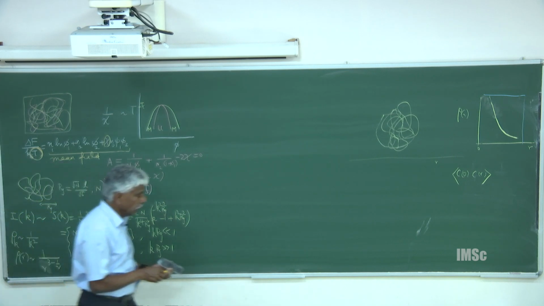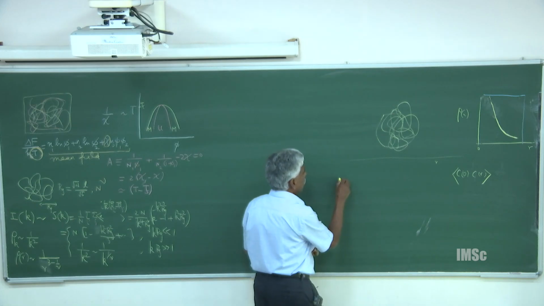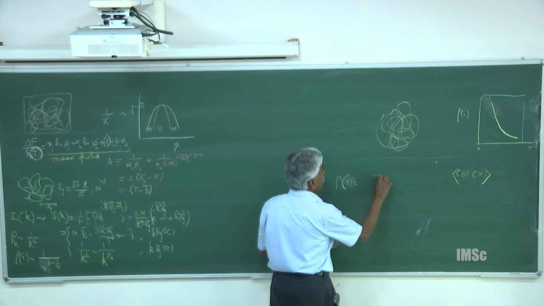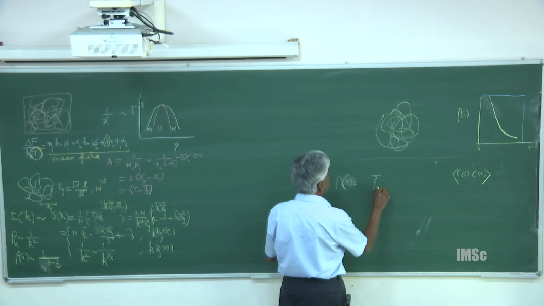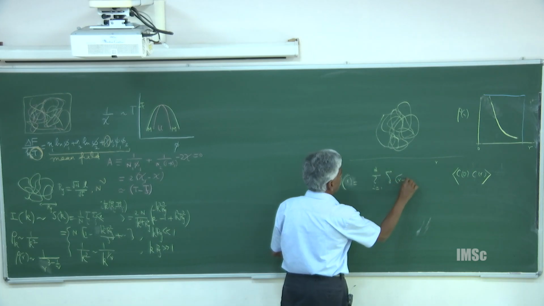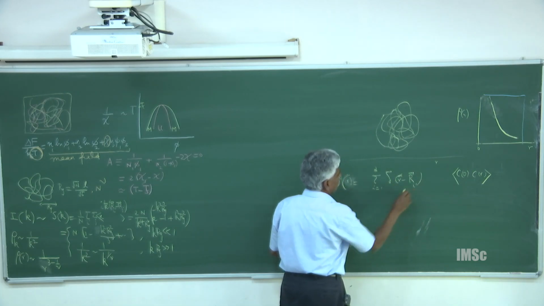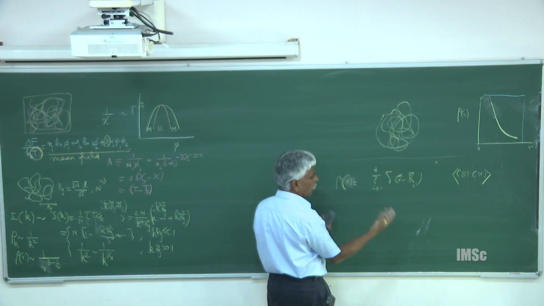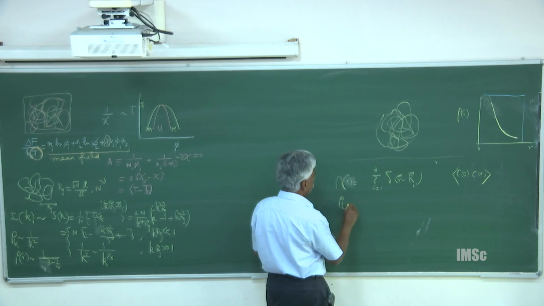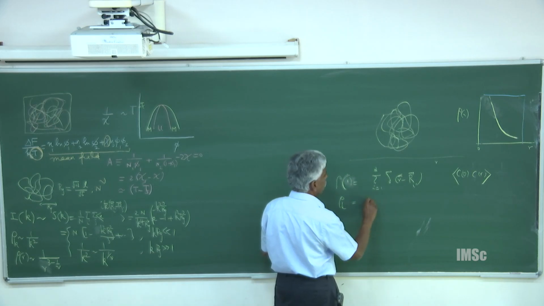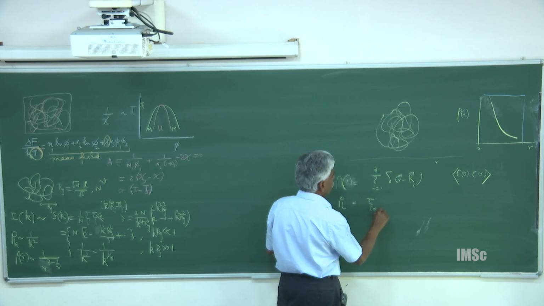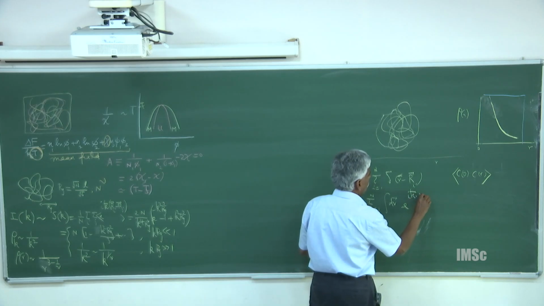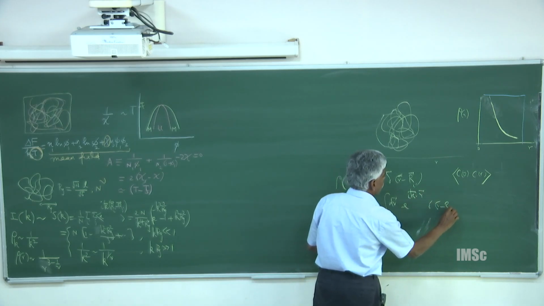Right, the density, I write it and erase it. Let me write rho of r. Rho of r is equal to summation over i, in this particular case 1 to n, of delta of r minus ri. If a monomer is at the location r, it will count to the density. If it is not there, it will not count. Okay, what is rho of k? Rho of k is the Fourier transform of this: summation over i from 1 to n, integral dr e to the ik dot r, delta of r minus ri.